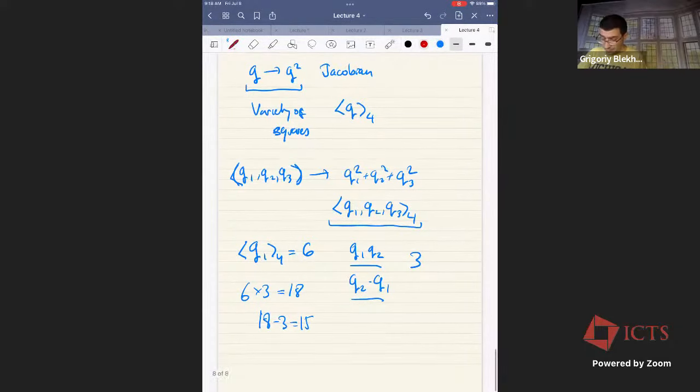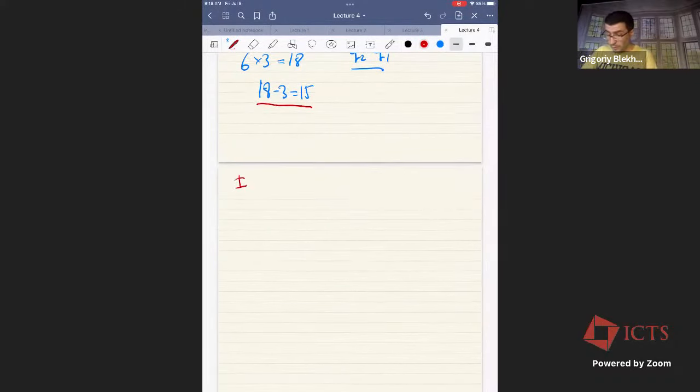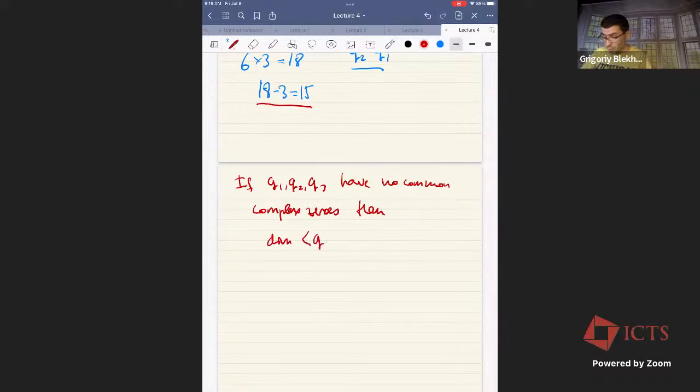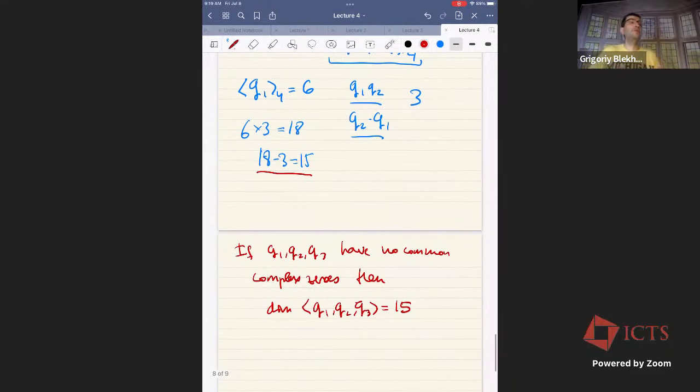And so in fact, what is true is that if Q1, Q2, Q3 form what is called a regular sequence, in other words, have no common complex zeros, then our dimension count is correct. Then the dimension of the ideal generated by Q1, Q2, Q3 is 15. So basically, it says that if Q1, Q2 and Q3 have no common complex zeros,